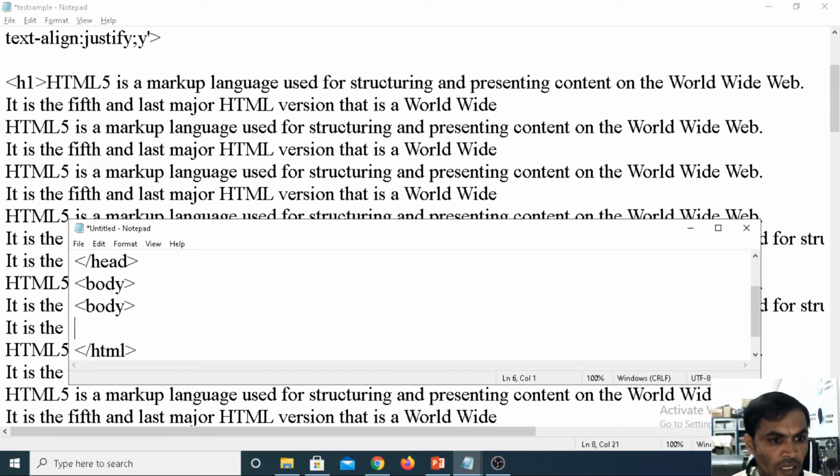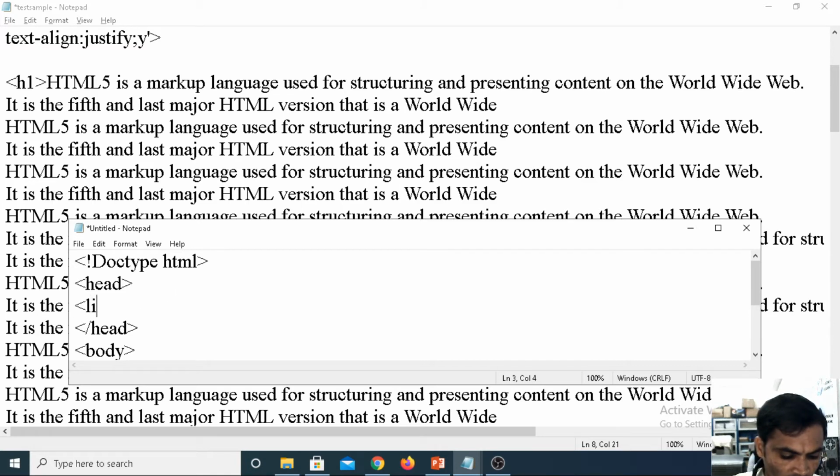Now under the external style sheet, we write a separate HTML program and a separate CSS program. For the linkage purpose, we give it under the head section. Under the head section, we have the link tag.